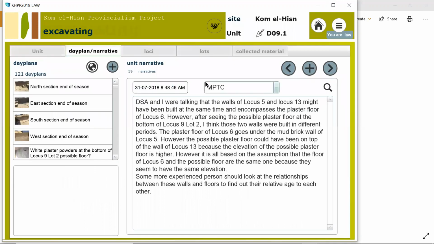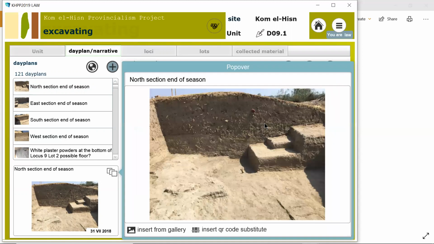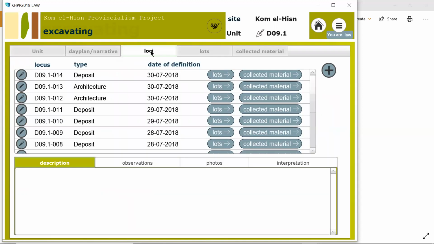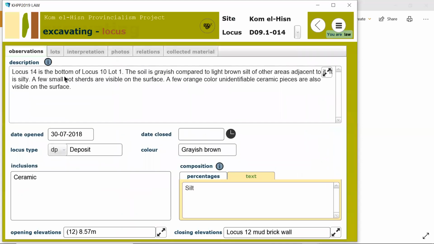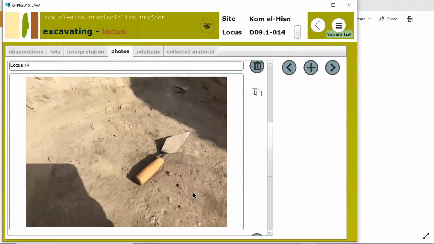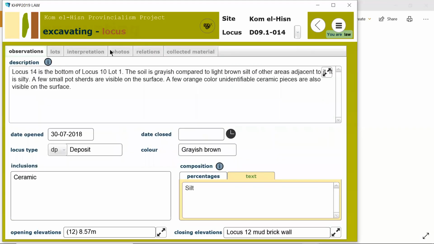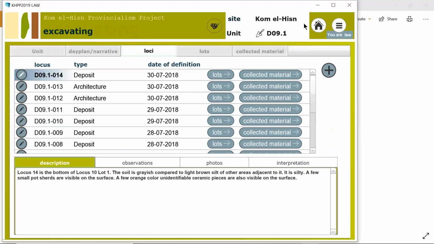If I go to day plan and narratives, however, what this database allows us is actually the inclusion of photography directly within the database. It allows us, when we're describing the different types of deposits, I can click on it, describe the deposit, but I can also have my excavators include photographs of that deposit directly within the database. They can include drawings directly within the database. And if I go back, they can include,